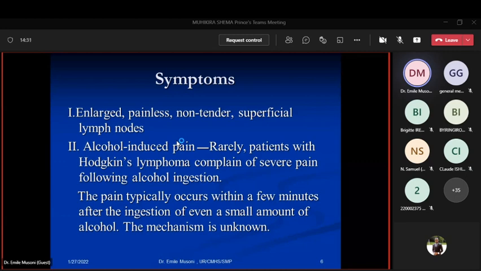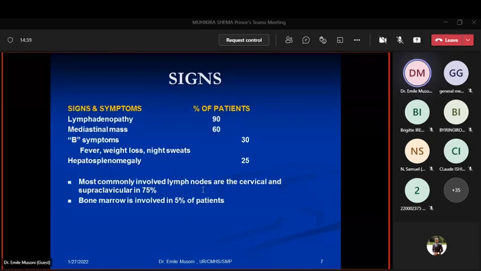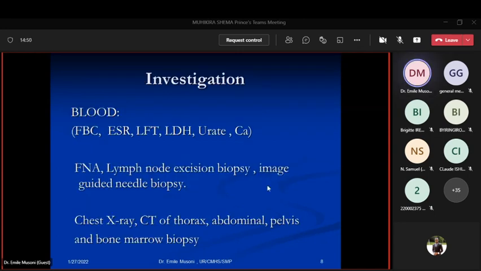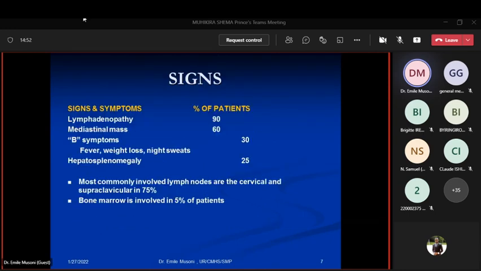So we have seen the symptoms, now let us see the signs. Most of the cases have lymphadenopathy, mediastinal mass, and what you call B symptoms: fever, weight loss, and night sweats. They are also characteristic of TB. Hepatosplenomegaly. And in most cases of Hodgkin lymphoma, the most involved sites are cervical and supraclavicular, in 75%. And bone marrow is involved in 5%. And the bone marrow, when it is involved, most of the time it is associated